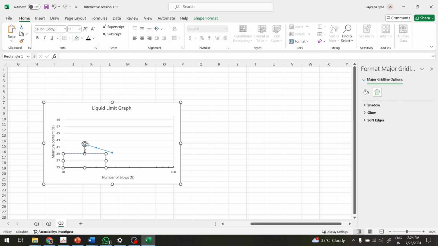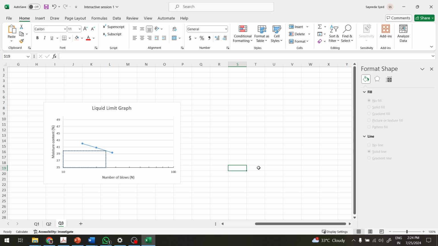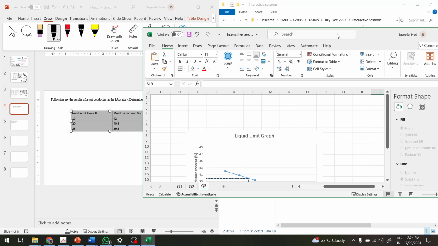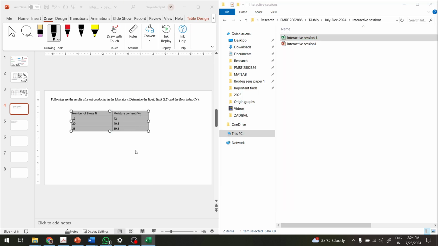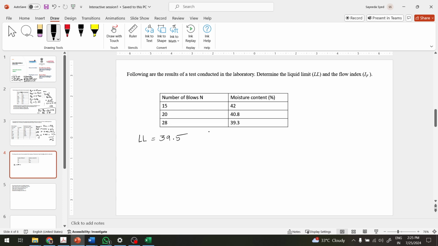Then here it's like 39.5. That is our liquid limit calculated from the graph. Let's take it here. Okay, so our liquid limit is 39.5,